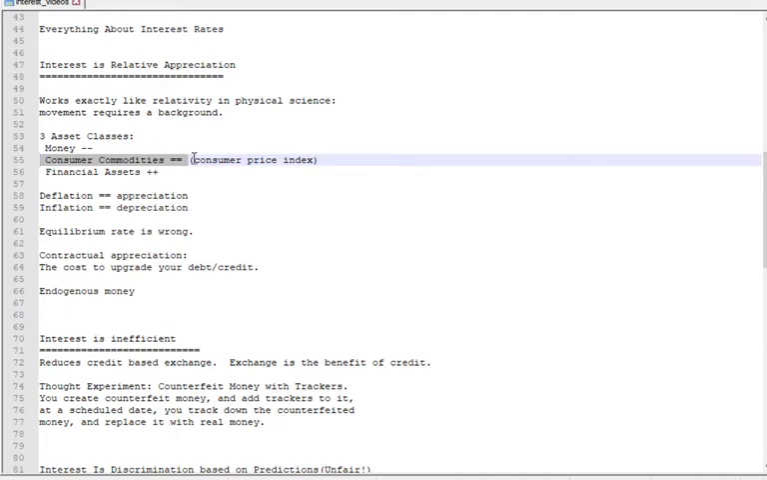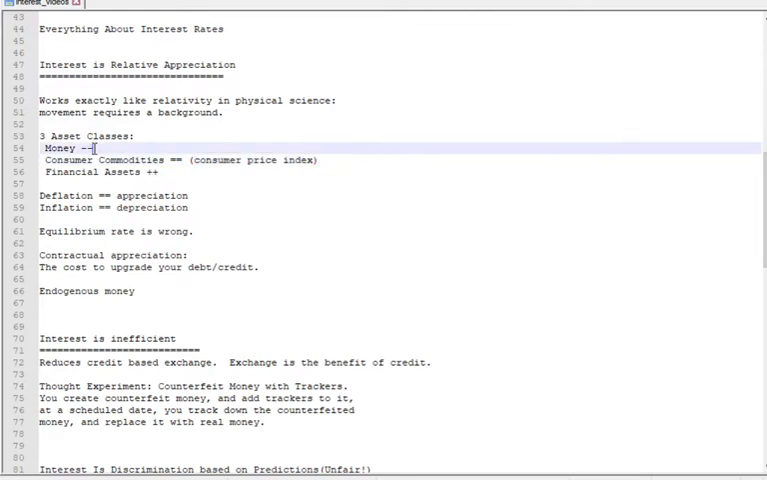But when we measure things like inflation, we have something called a consumer price index, which we just basically average the price of a whole bunch of these commodities, so that we can get a very solid, I guess you could say, reference frame for measuring the appreciation between these assets. So when we talk about these three asset classes,